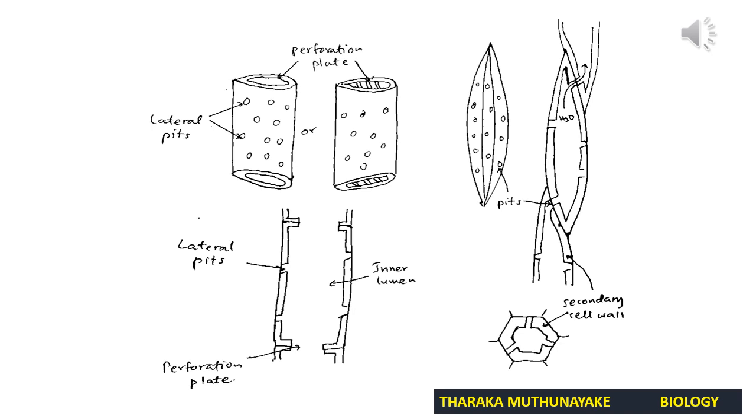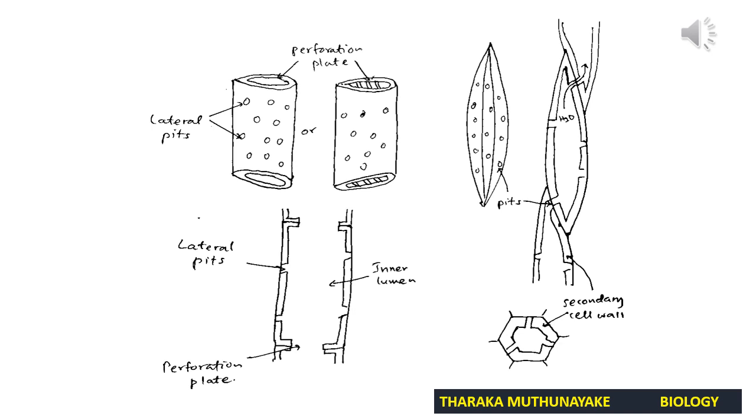Third one, we said they have thick lignified secondary cell walls. It is important to bear the tension during conduction of water. That's a third adaptation. Fourth adaptation of vessel element is that a large number of vessel elements align perfectly end to end and form a single continuous narrow tube. It is known as xylem vessel. That's the fourth adaptation. Okay, remember those carefully.